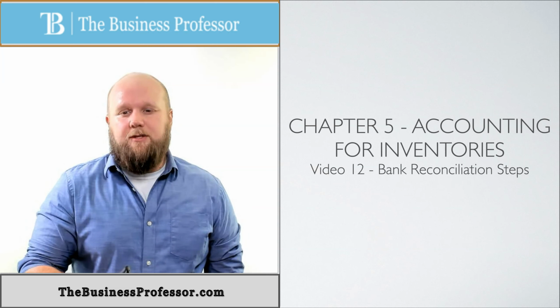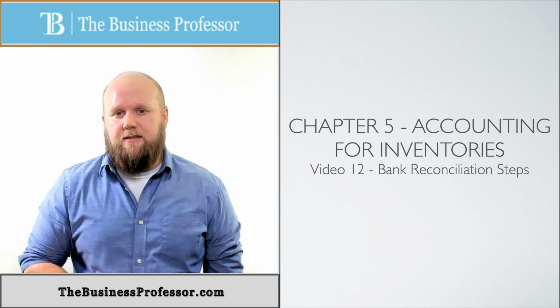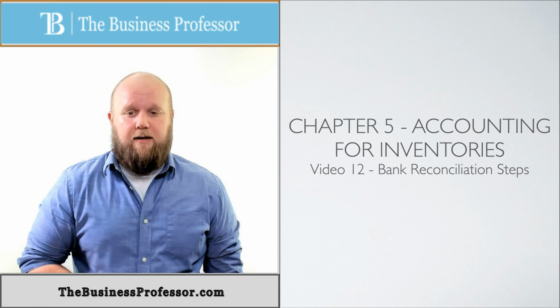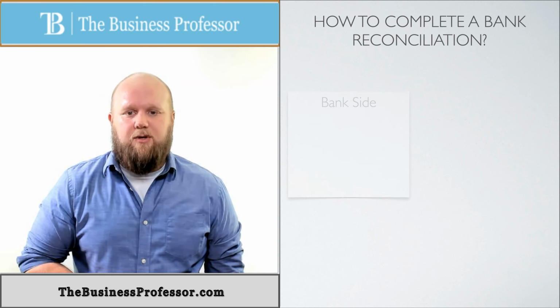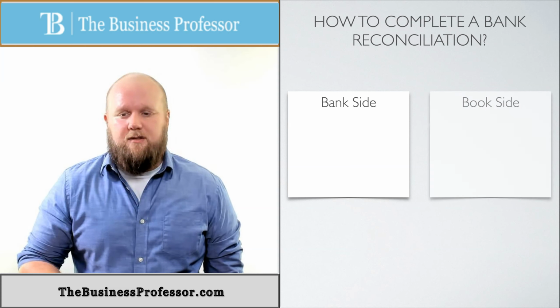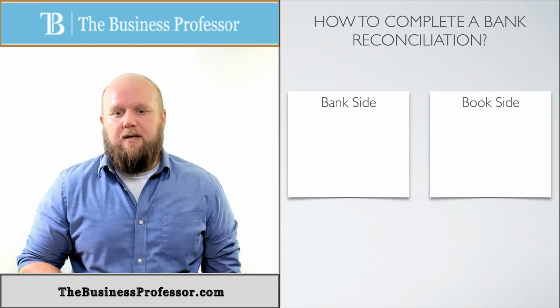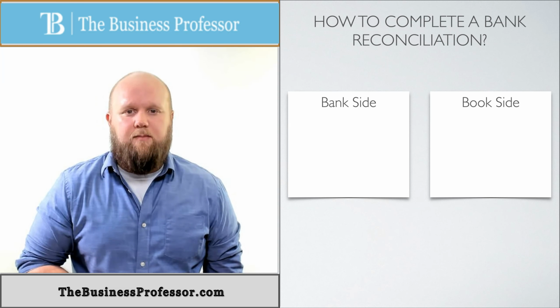When a problem asks you to do a bank recon, it's really important that you understand that there are two sides to a bank reconciliation. You have what's called the bank side and the book side. So there's my bank side, there's my book side, and each of those has the same starting place respectively. The bank side and the book side are going to start with what we call the unadjusted balances.